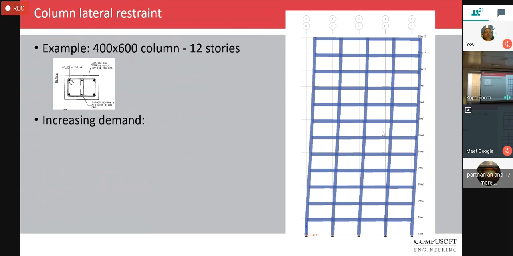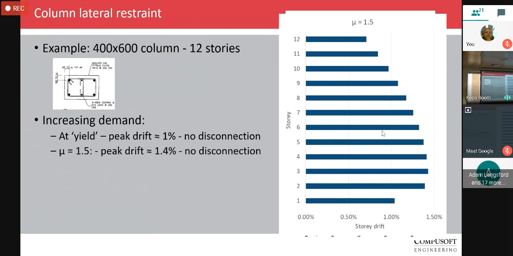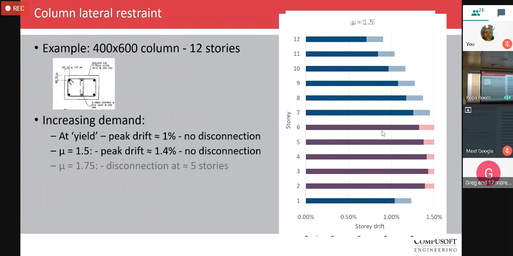And if we say that's in a 12-story building, just drawn up quite arbitrarily, and then say at yield the drift might be about 1%. So there's no disconnection at that point. Then if we say, well, what happens at a ductility of 1.5, peak drift might be about 1.4% then, and so there's no disconnection at that stage. Then if we push it a little bit further, the drifts exceed 1.5% over something like 5 stories. And so suddenly,